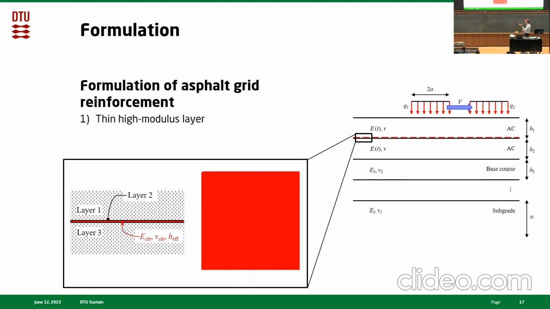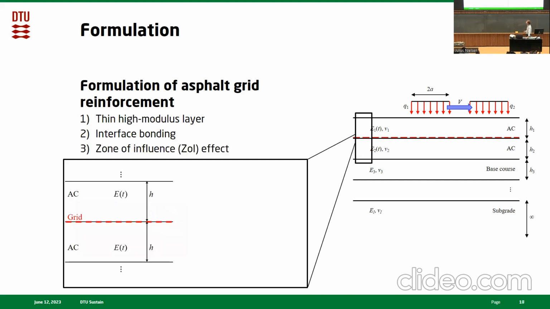And we simply take this cross-sectional area and reduce it into a homogeneous layer with an effective thickness. To account for the bond, it's simply to introduce a spring stiffness between the grid layer and the layer above, and another spring stiffness between the grid and the layer below. The way to emulate the zone of influence effect is to,